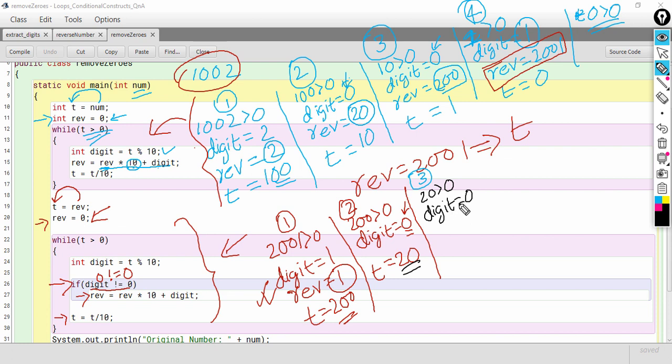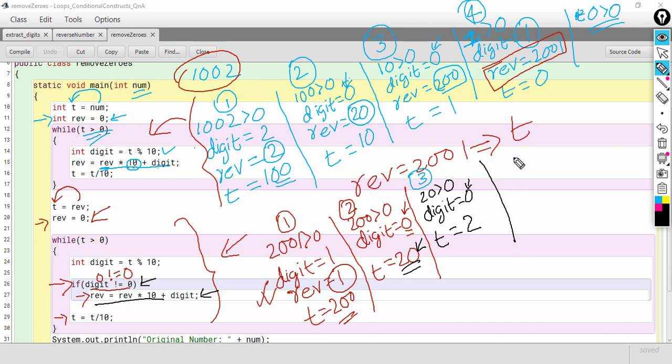We extract the digit, that will be 0. Now again the condition on line number 26 will be false. Digit is not equal to 0, but digit is 0, so the condition is false. So line number 27 will not execute. And then we'll eliminate the last digit from T. The last digit is 0, so that is eliminated and T is 2 now.